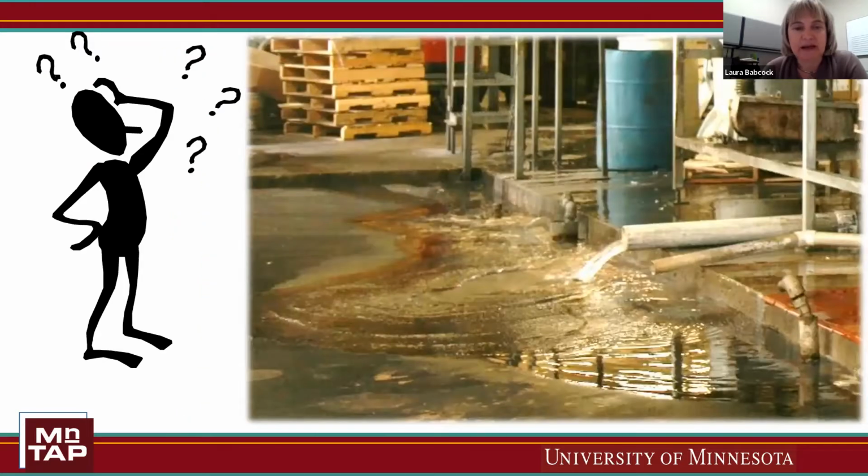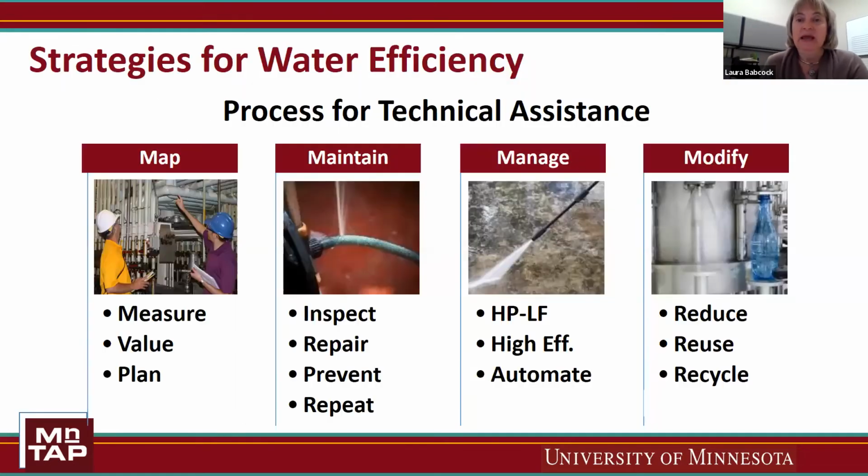So where do we begin? How in the world do we begin managing water, assessing water, and water use at an industrial site? Well, over the course of the years, MnTAP has analyzed our process and has found that this kind of approach of mapping and maintaining, managing, and modifying, these keywords, the 4 M's, are how we really approach our water efficiency